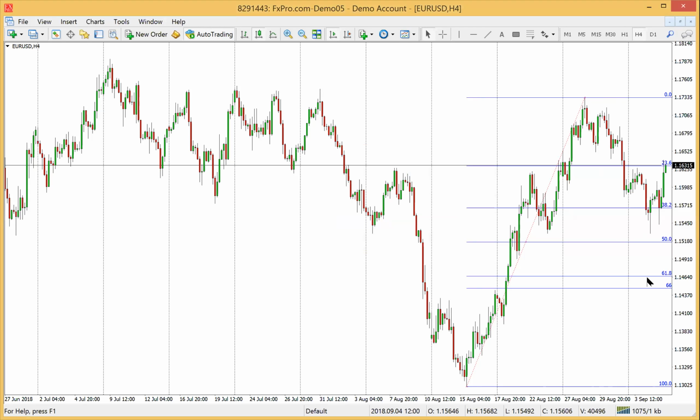As standard, the Fibonacci will only have the 61.8 level. Based on my experience, I also add a 66.0 level, which is here. So make sure you do that, guys. And once you've drawn your Fibonacci, again, remember the strongest levels are between the 38.2 and the 66.0. So what I'd recommend is highlighting that area. We'll do this in green because